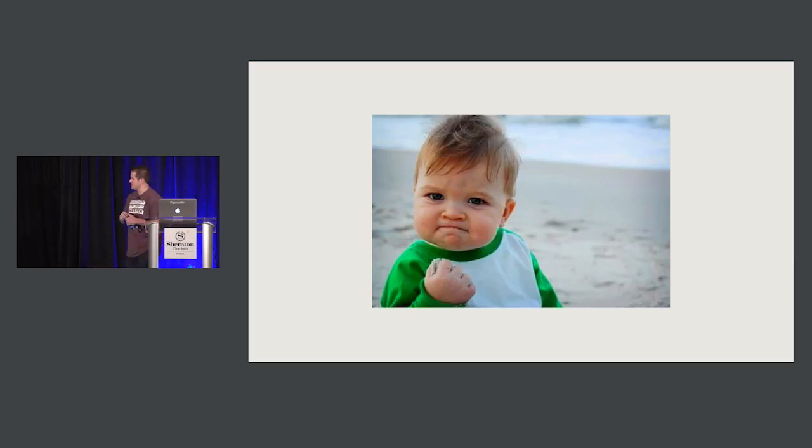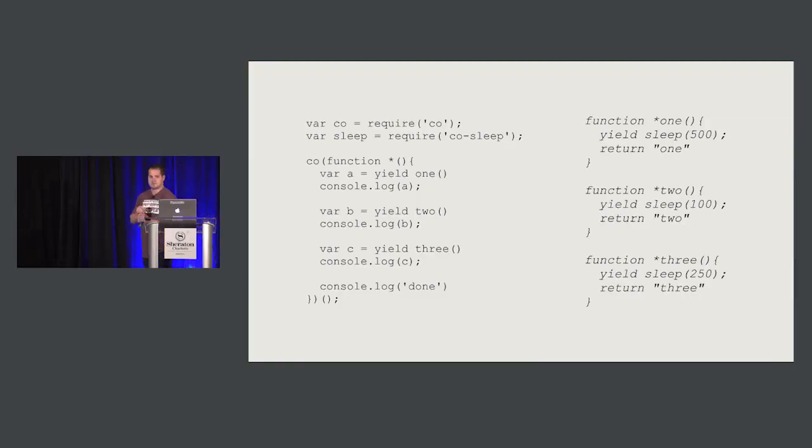So again, if you're thinking you can yield anything, you're correct. We can yield other generators. We can yield objects, arrays. We can really yield anything, I think, except for an undefined value. Doing that is a little more complicated, so we're actually not going to write that in our done function.